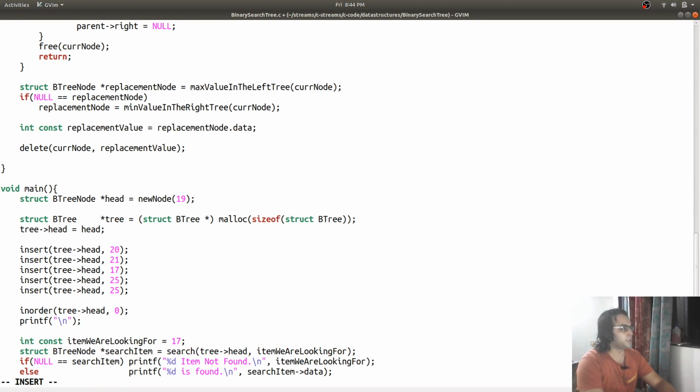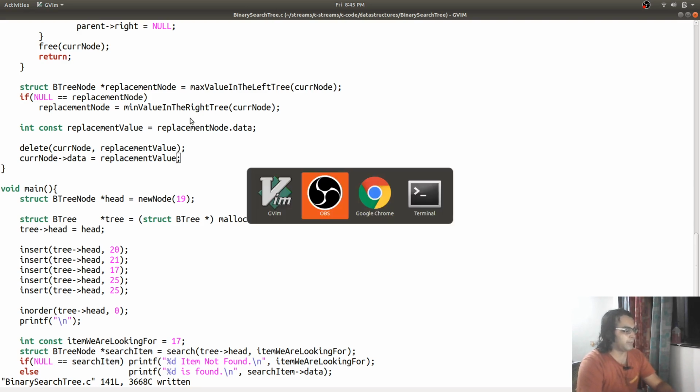So once that node is deleted, I will copy that value to my current node, and that will be done. So let me compile and check.